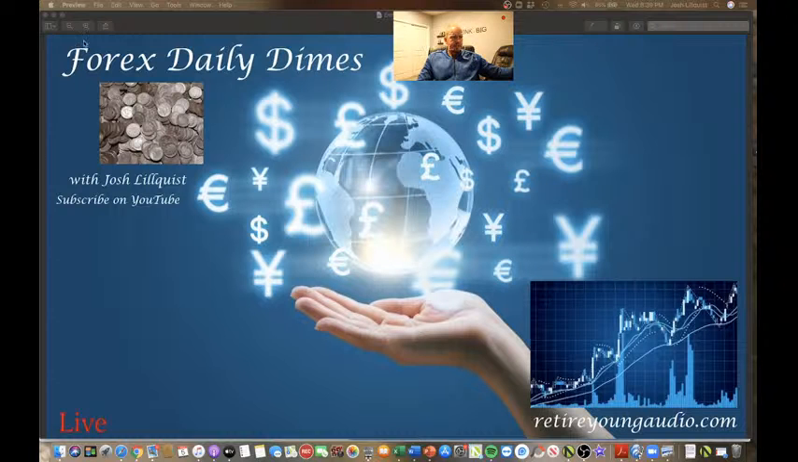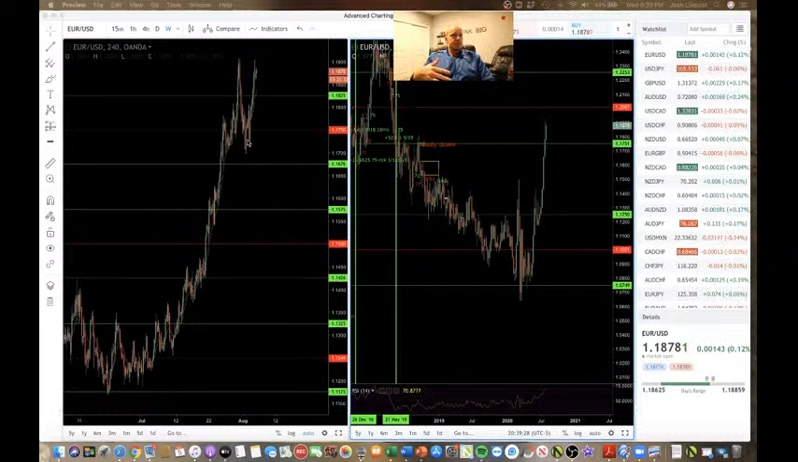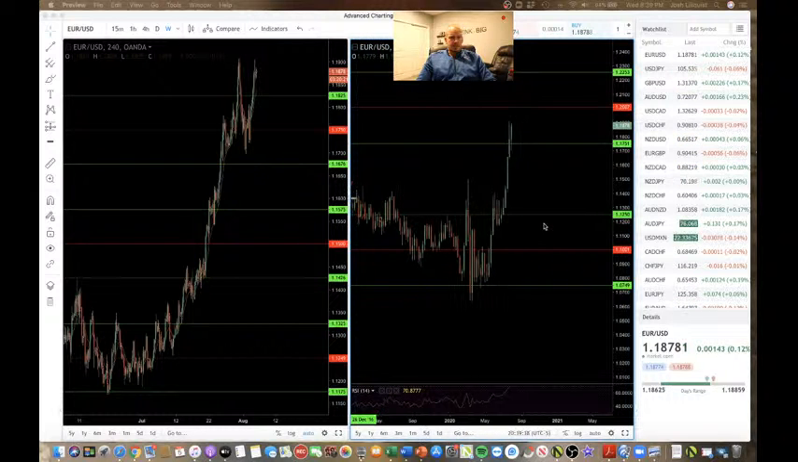So let's dive right into it. Today we're going to start with the euro dollar. One of the things we talked about yesterday was we're trading the dimes, so we're trading from the $1.10 area to the $1.20 area. So right here, this is a weekly chart. So as we get closes above this